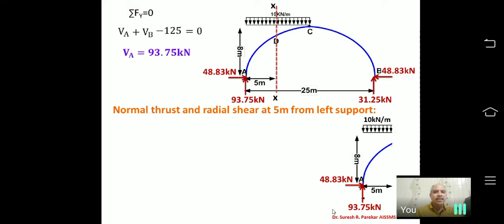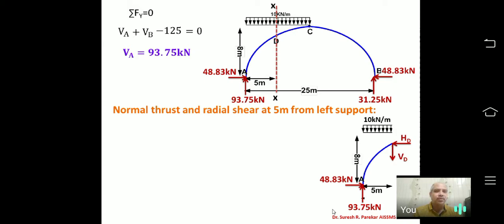Now we will consider this. So we have left of 5 meter, 93.75, 48.83. So 8 meter we have, 5 meters, and then we have to find out reactions at D. So let VD and HD be the reactions which are at D. Now how we will consider these directions? So these directions we can consider positive, or if you are in position to give correct direction it is always advisable.